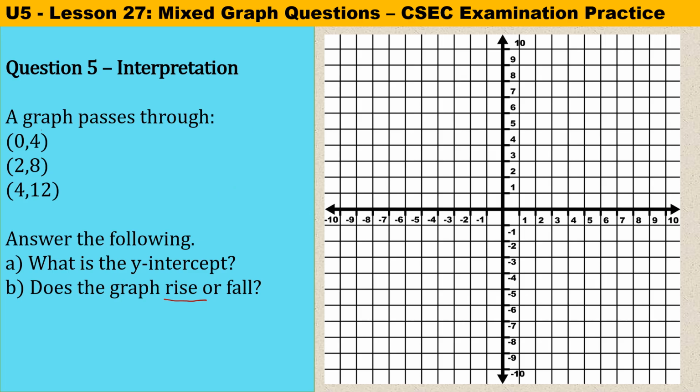All right. (0, 4). So we are at our origin for 0 and we rise to 4. Then we go to (2, 8). And if we were to go to (4, 12), it would take us somewhere way up there. I don't know if you can see that little dot up there in the title of the page. So that's where the point would take us. And if you were to draw your line,